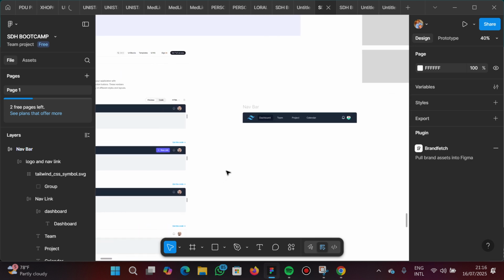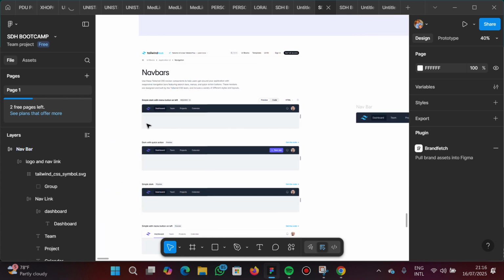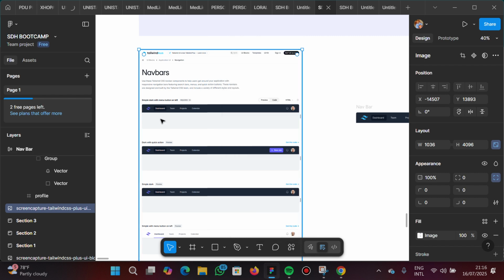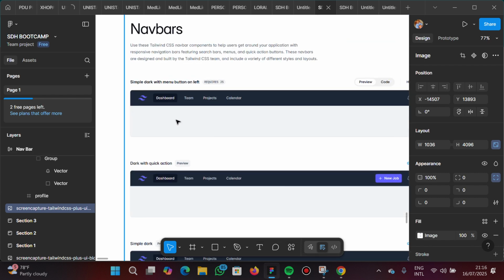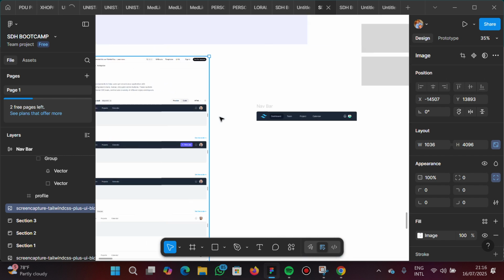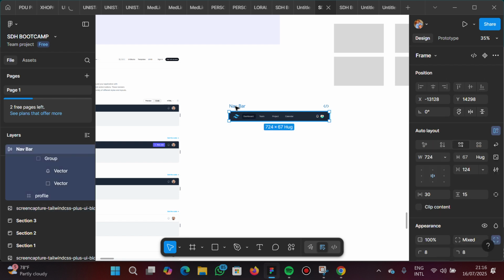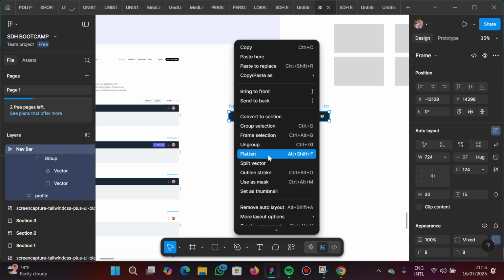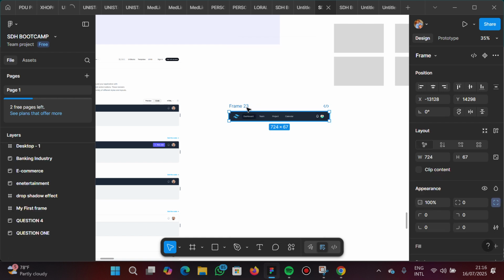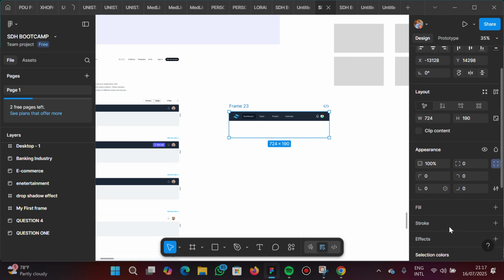So the next thing we are going to be doing is this down, this one. Let's add this. So basically, what they just did is just add another frame. Just right click and add frame. You can use auto layout or you just do frame selection. Add another frame and just drag down. Not auto layout, just a random frame. Then you fill it